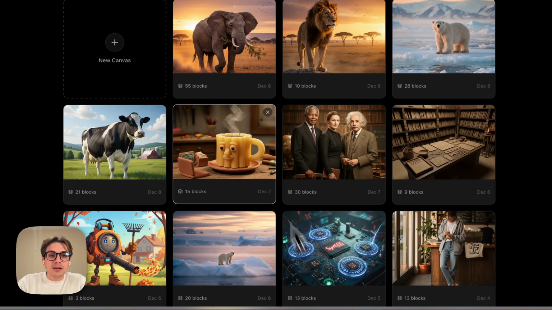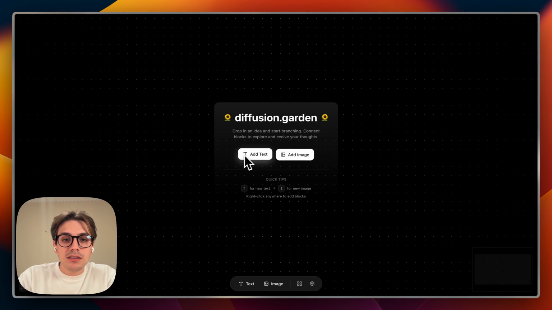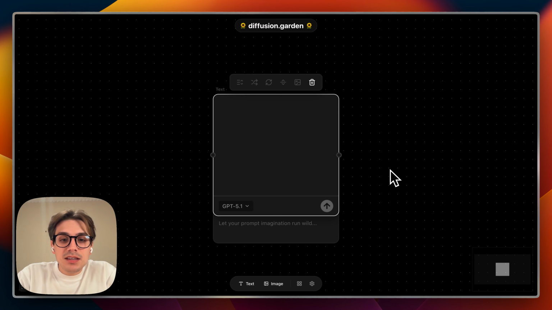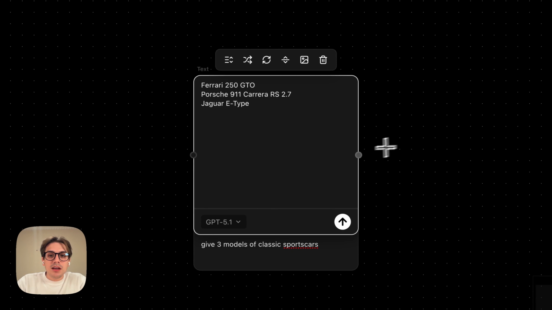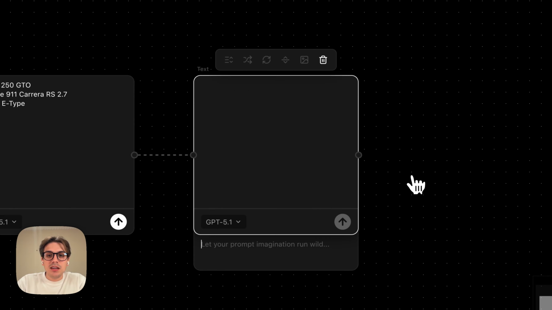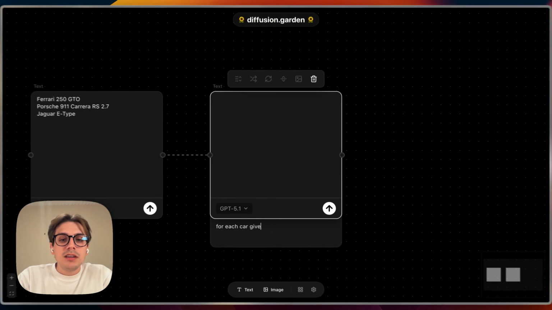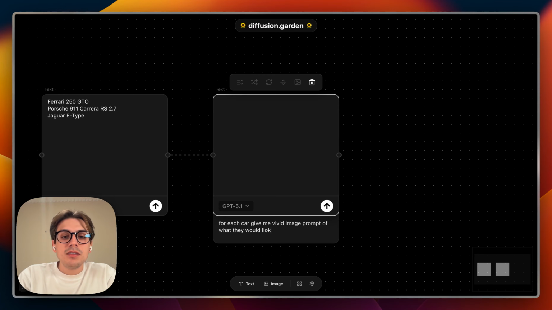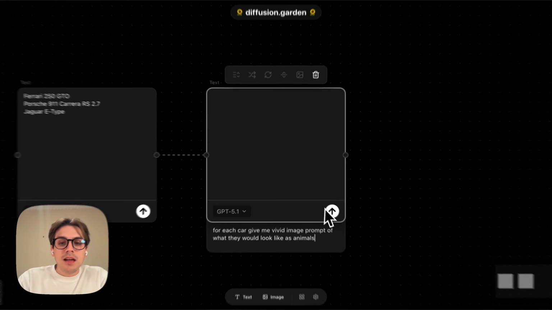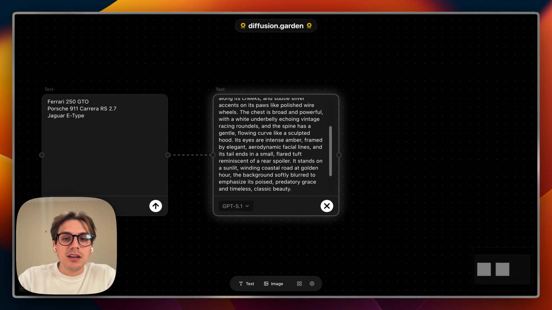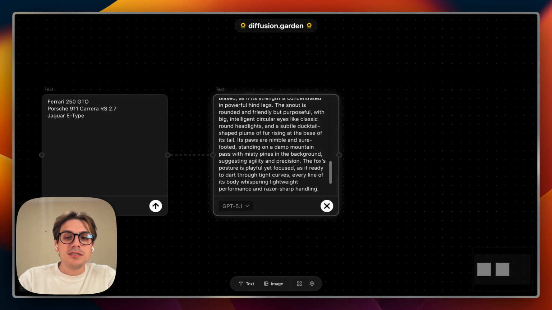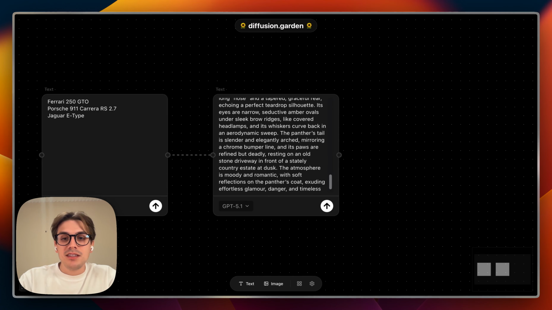All right, let's add a new canvas here and let's add some text. Let's say, give me 3 models of cars. Okay. All right, perfect. And then we're going to create a new text block and say, for each car, give me a bit of screen font of what they would look like as panels. All right, cool. And you can see here that the text is coming in chunk by chunk from the backend because I've implemented these server-side events that send all these chunks and they create this nice little waterfall effect, which